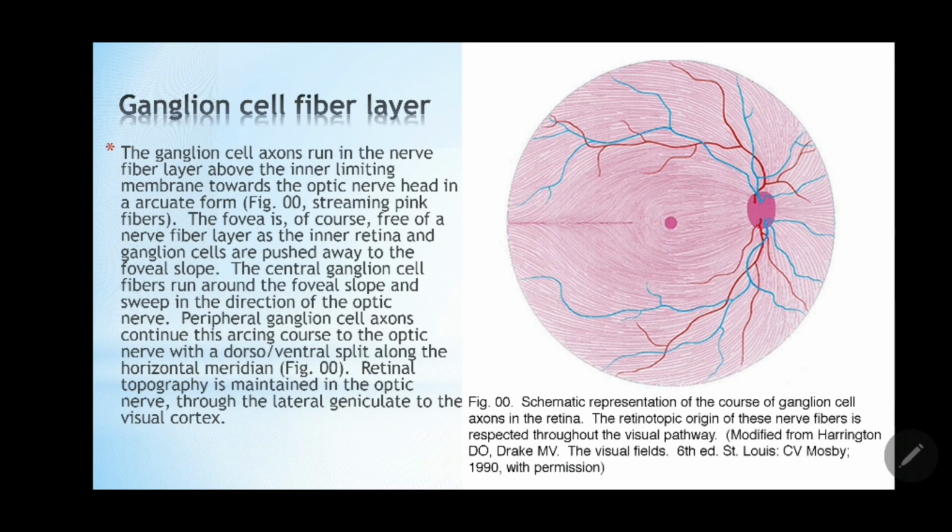Now, if you're seeing from the vitreous side, everything is covered by a transparent inner limiting membrane, and beneath that are the blood vessels, as you can see, as well as the nerve fiber layer. From this point the veins are exiting and the arteries are entering. I'll tell you later how this branching pattern is maintained by the central artery and vein of the retina. First, look at the nerve fiber layer.